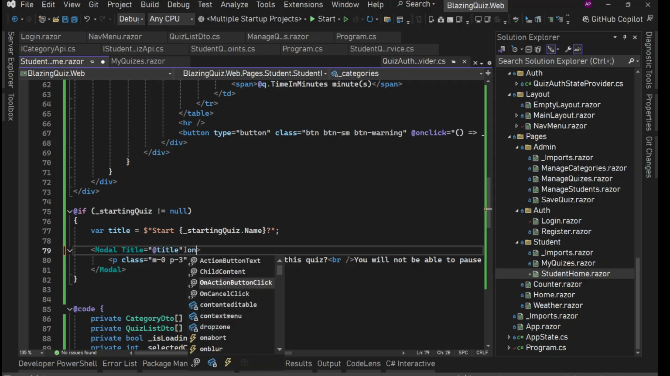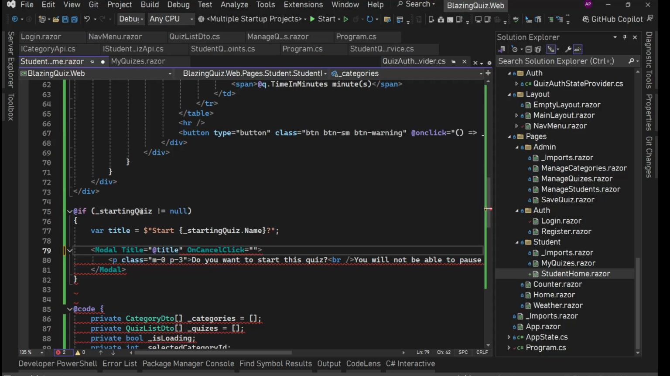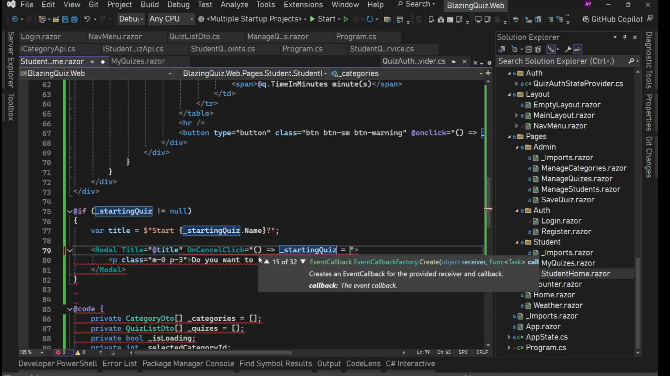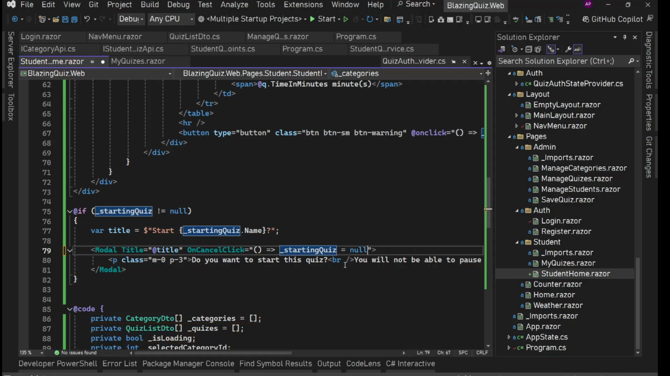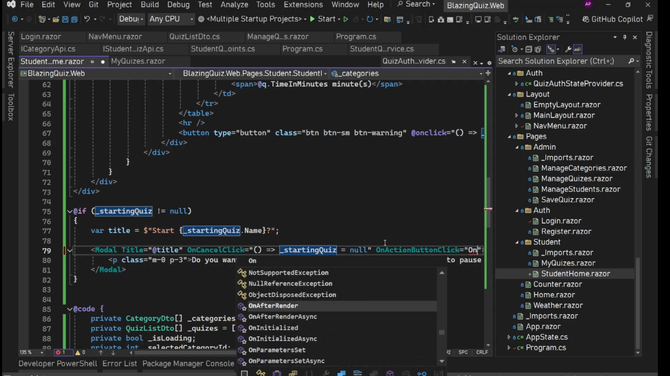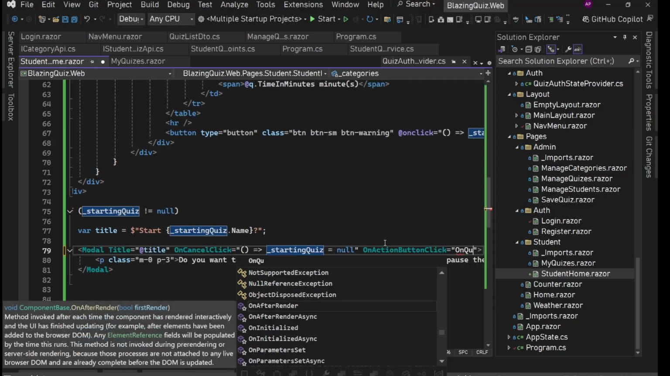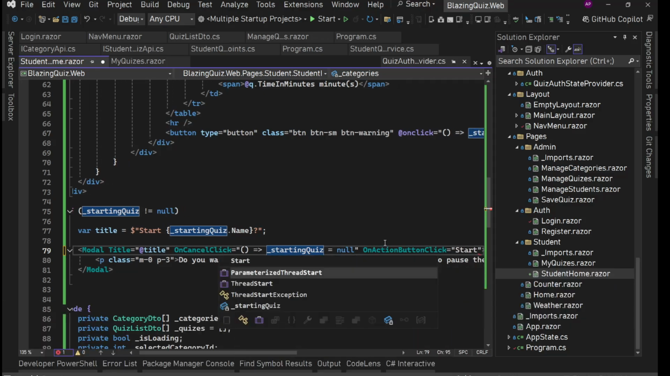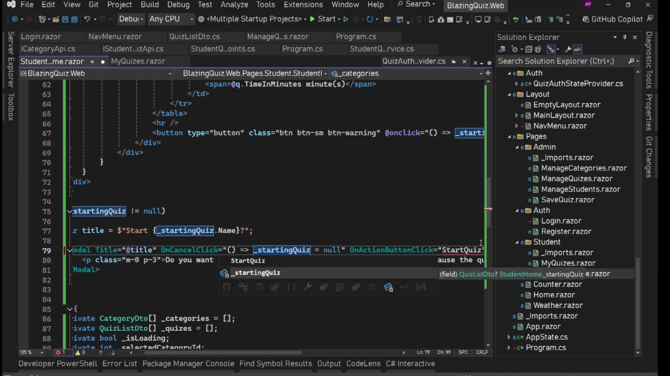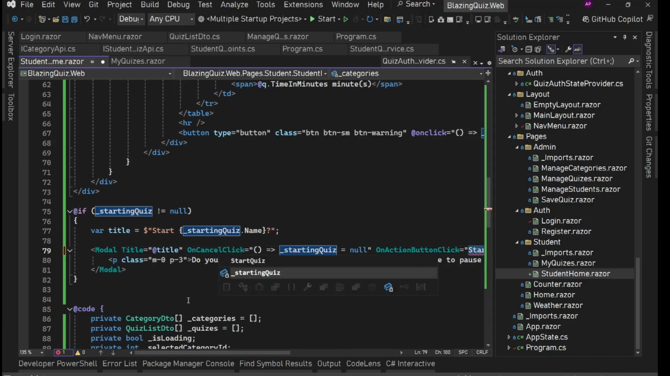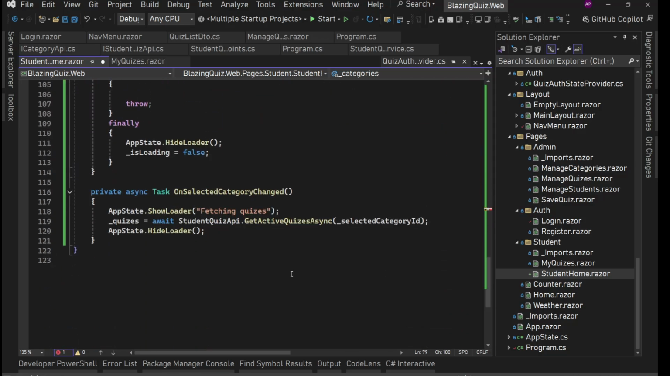So on cancel click, we'll simply set the starting quiz back to null. So we'll say this equals null. And on action button click, that means on OK click, here we can say on start quiz, something like this. We can say start quiz, or just start quiz async, not async, the start quiz. Here we can have this method